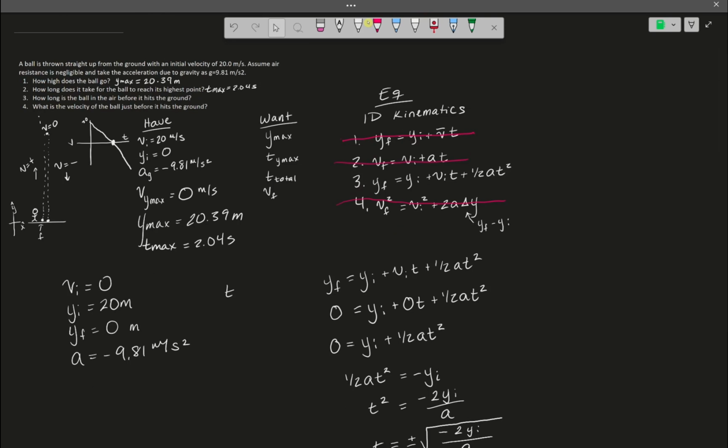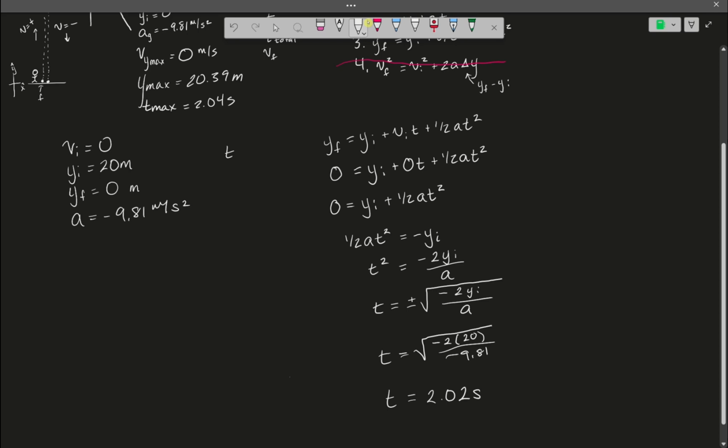So if I consider the ball being in the air, I need to consider it from the moment that it left my person's hand. So I need to add my 2.02 seconds to the time it takes for the ball to reach maximum height. This means that my total time that the ball is in the air is going to be